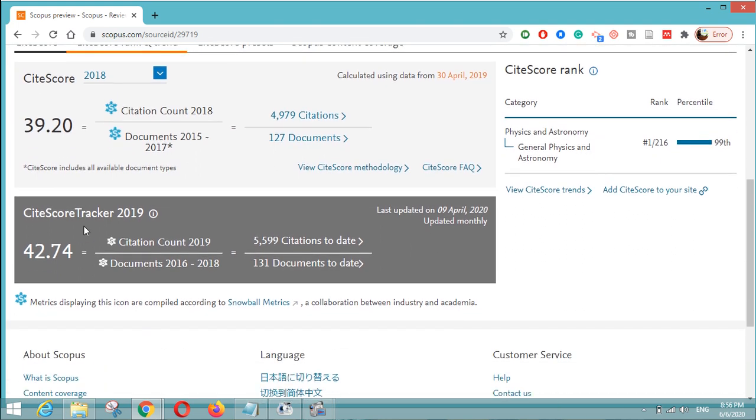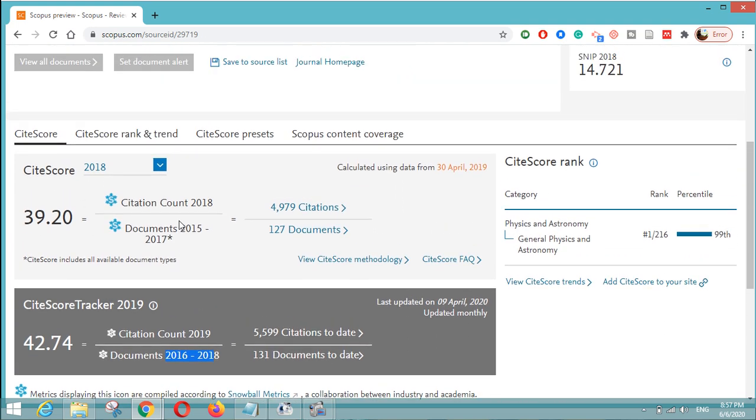Similarly, if we look at 2019, the citation count 2019 will be taken, which will be divided by the documents from the years 2016 to 18. Earlier it was 2015 to 17, because we were calculating for 2018, but now the year is 2019, so the adjacent previous years will be 2016 to 18. In that case, the total citations in 2019 were 5599, and the total documents published in these 3 years were 131. You can see that the SiteScore is higher in 2019 as compared to 2018,